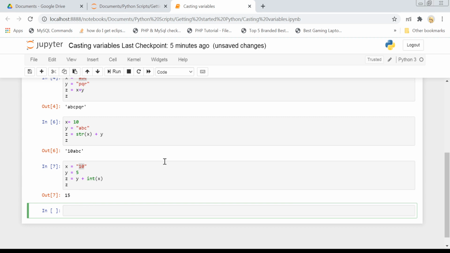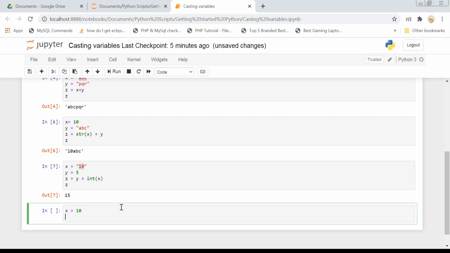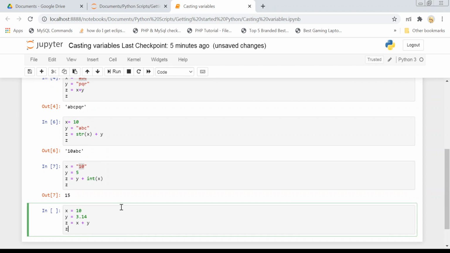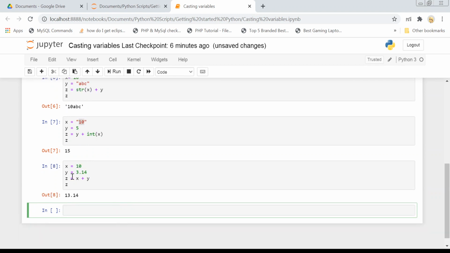Okay, so that was about integers. Let's say my x is an integer, 10, and my y is not an integer, it is actually a float, so y equals 3.14. If I have a z variable and I'm adding x and y, what will happen here? You can see float is kind of a higher data type than integer.